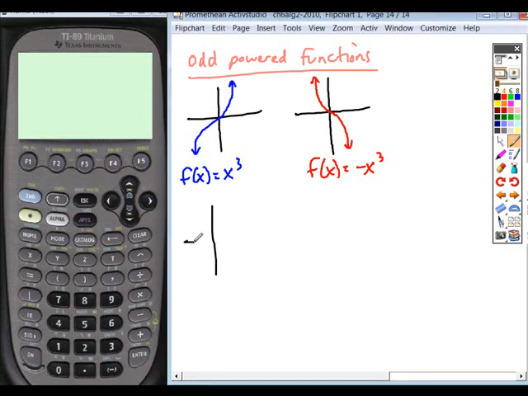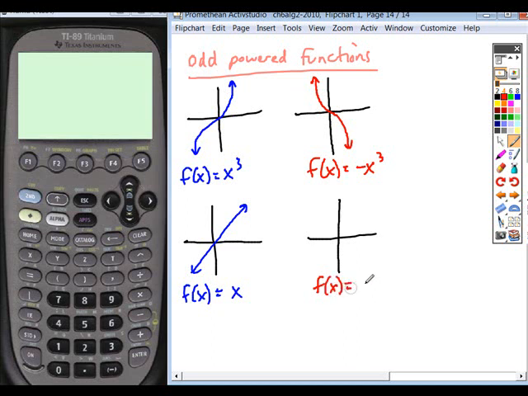Let's look at a linear function. Again, f of x is equal to x in a linear function. Our graph looks like this. What is it going to look like if we put a negative in front? It's going to be flipped. Okay, so anytime you're dealing with an odd-powered function, so if the degree is odd,